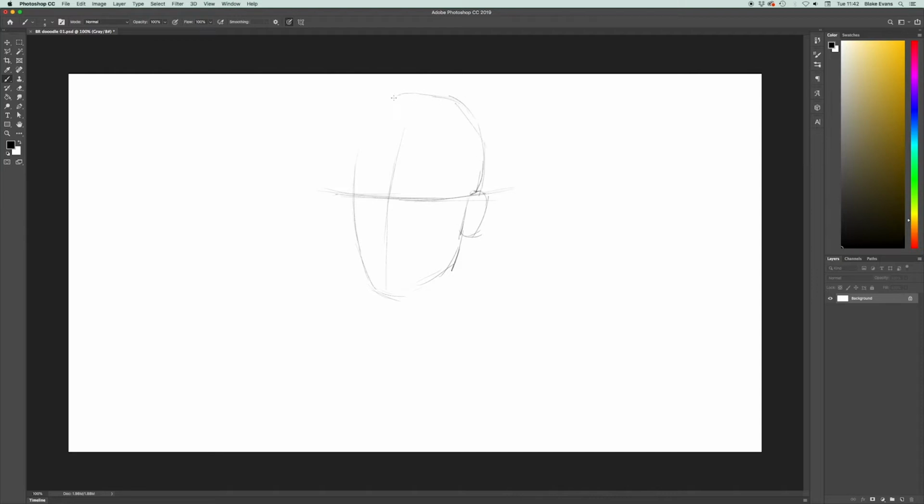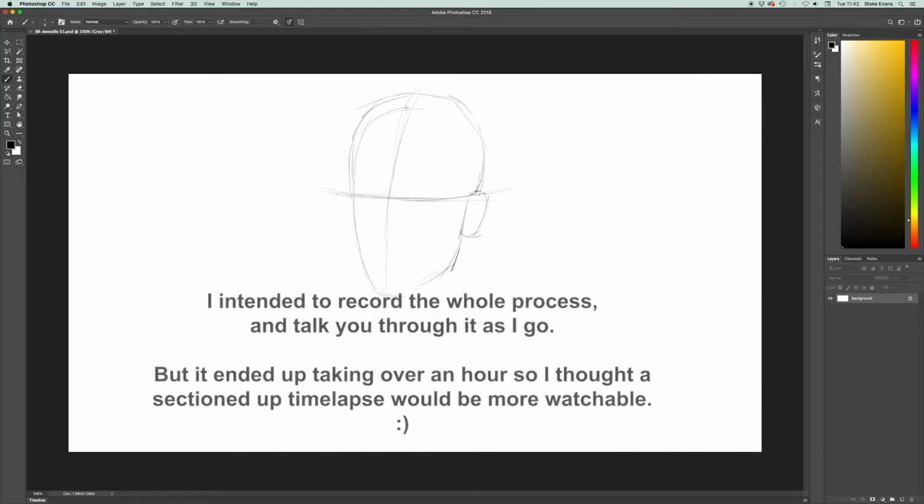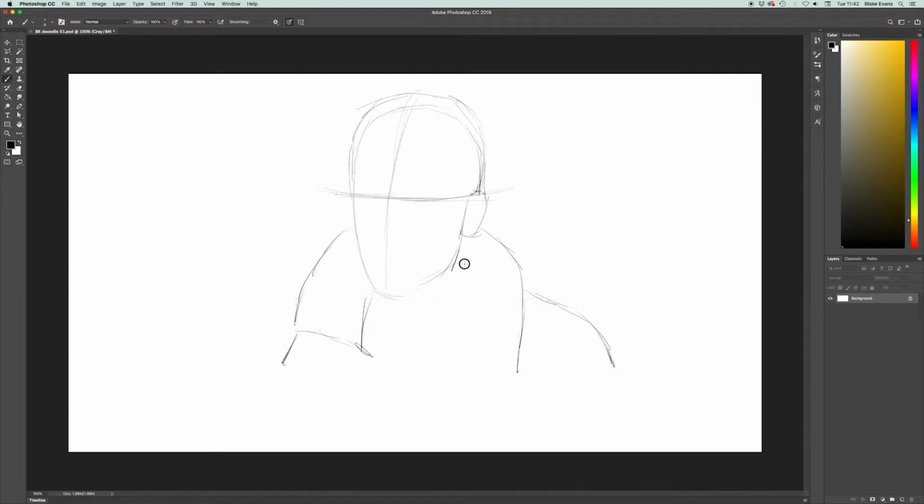In the image his head's cut off, but I think I'll just draw the top of his head for now, just to help us understand. So probably his skull is roughly about there, with a little bit on for hair. And then somewhere here we've got a giant great big collar, so let's stick that on. So yeah, I'm going to be doing this quite quickly, but I kind of wanted to go